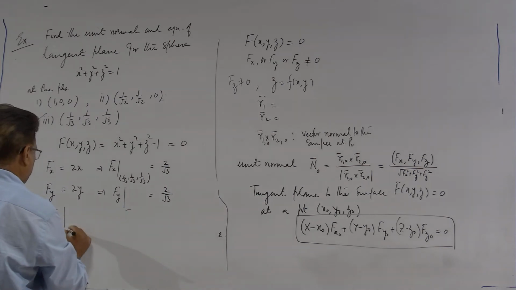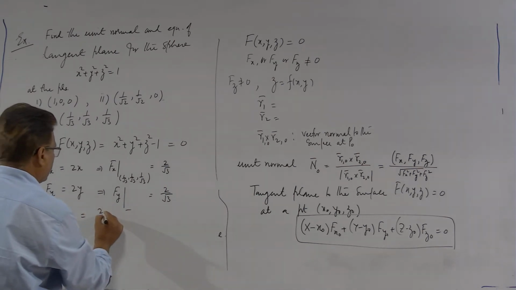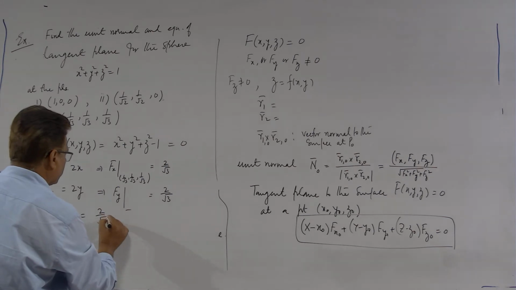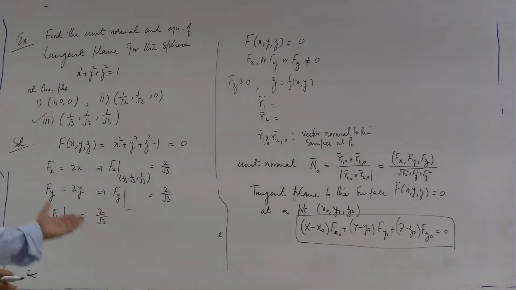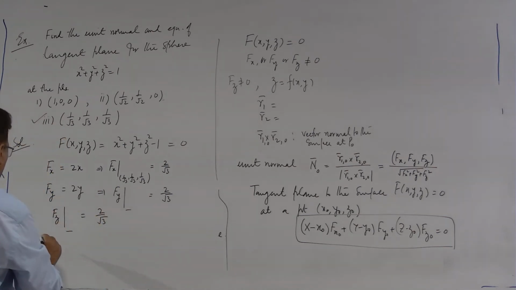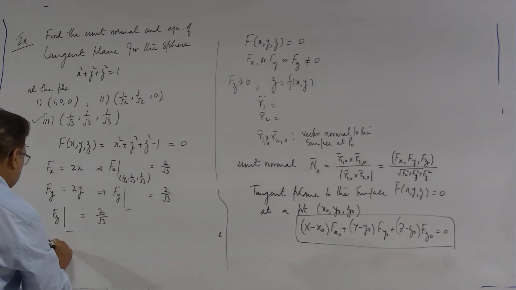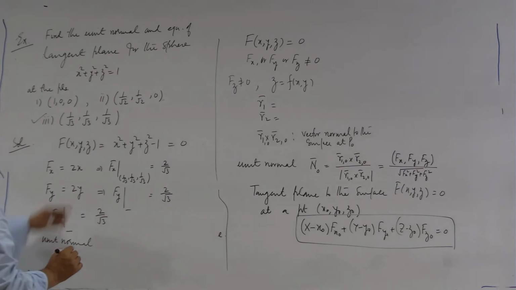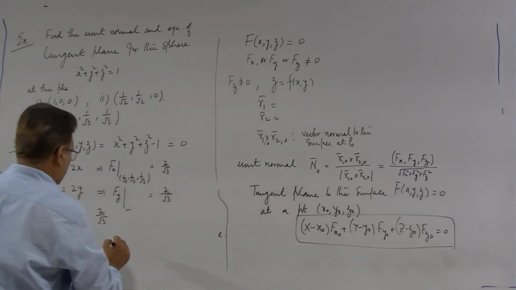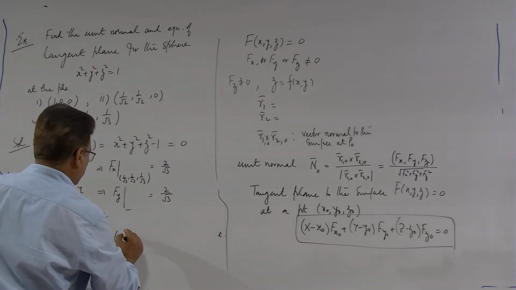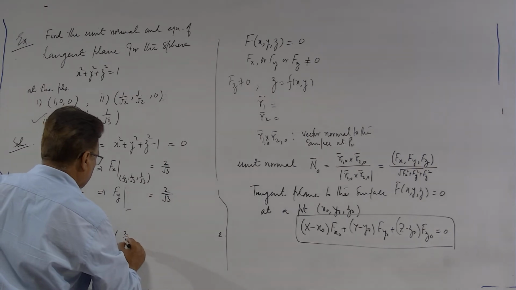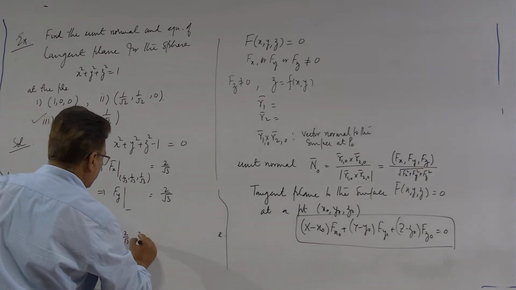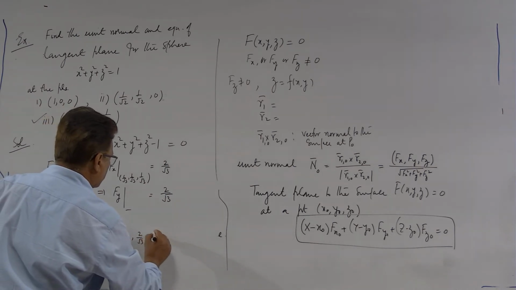So, the normal you have found. The unit normal to the surface at this point will be 2 upon root 3, 2 upon root 3, 2 upon root 3,